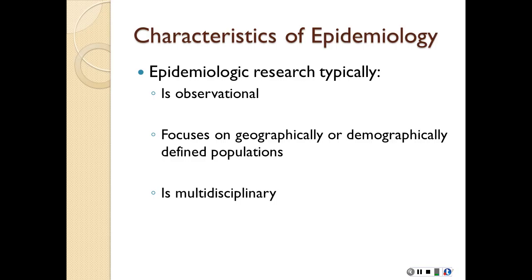Observational means that it's something that we observe naturally that's occurring in the real world. We did not manipulate, as investigators, we didn't manipulate anything. We're not conducting a research experiment. We have in no way applied an intervention. Most epidemiologic work is observational. We take naturally occurring groups and we look to see what happened to those groups in natural circumstances. That is not all epidemiology, but the majority of it counts as observational studies.